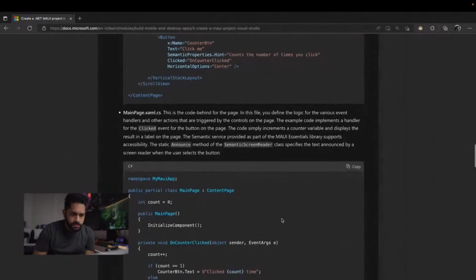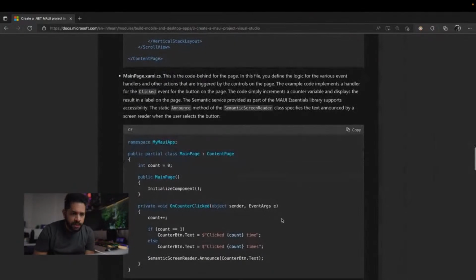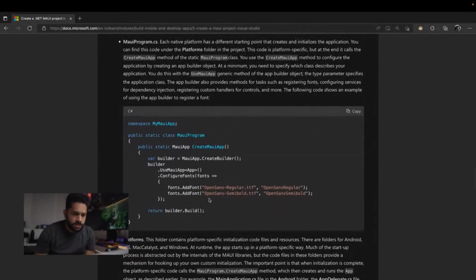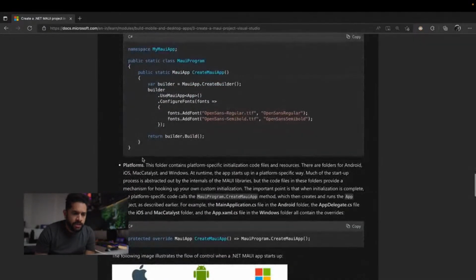Okay. Now let's go back and just see what else. Did we miss out anything? We talked about the Maui program.cs. We talked about how the fonts are arranged, and then